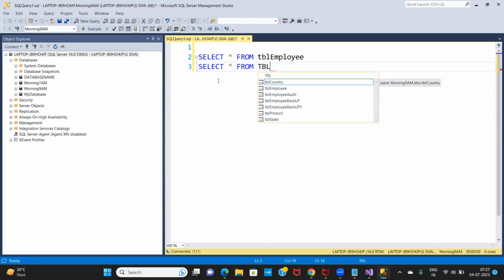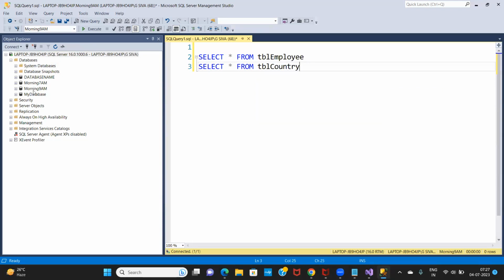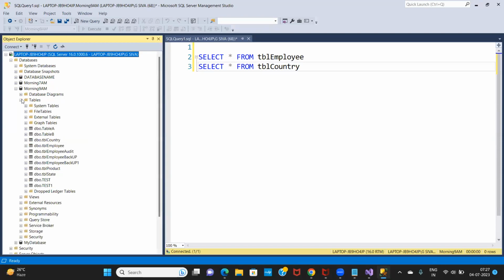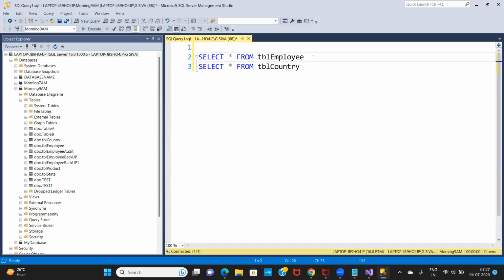We don't have a student table. I thought we had created different tables under tbl: employee, product, country, state. Okay, no problem. So if I execute this one,